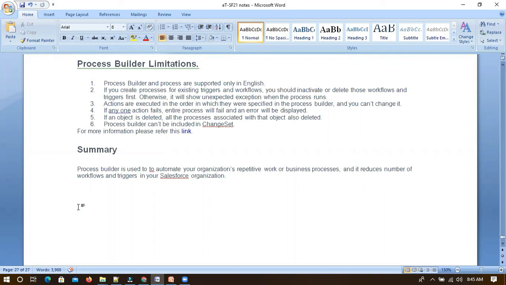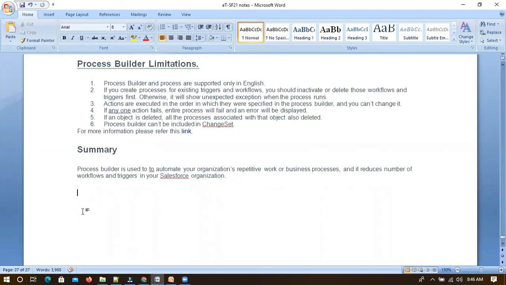But in the case of process builder, we have if-else, right? So within the same process builder, we can have multiple versions. Versions means multiple saves only. We can define if-else, so for each single object, we can define only one process, so that it will not disturb the system. That is the best practice we have to follow while dealing with process builder and workflows. Guys, do you have any questions?